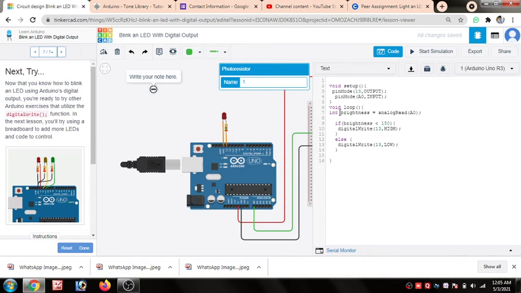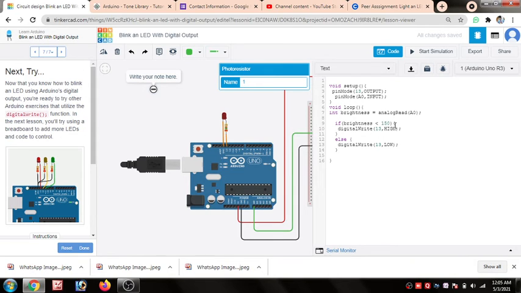In the void loop, I have declared a variable named brightness, and I have assigned it analogRead A0, which means I have taken the input from the sensor to the A0 pin, and brightness will be assigned the voltage value given by the photoresistor.